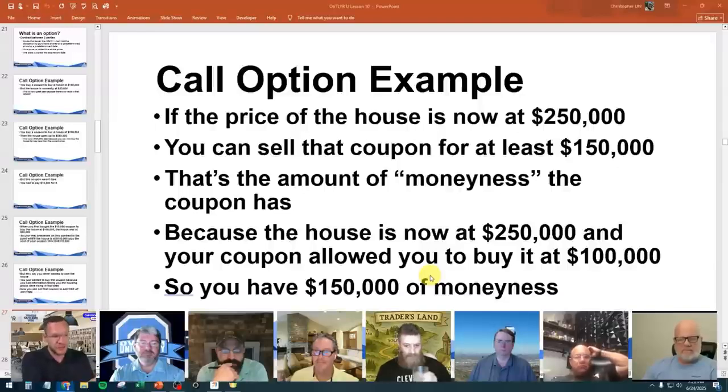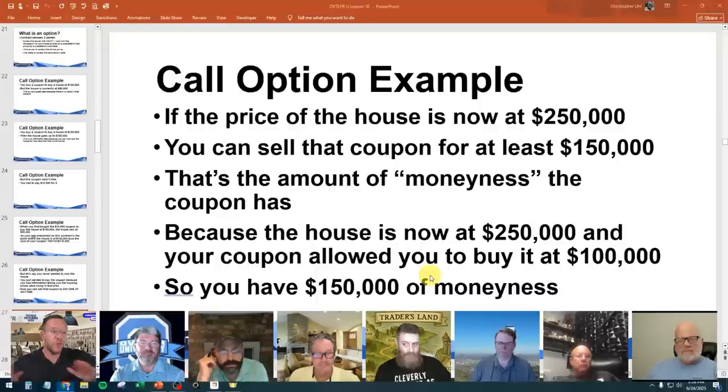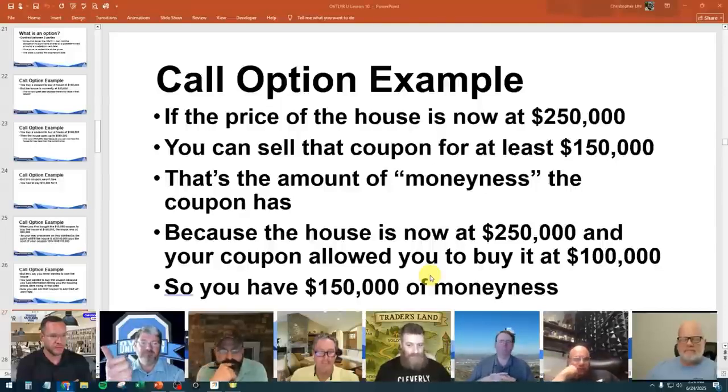Okay, the house was currently trading at $80,000. It went up. Brad decided he wanted to own that house once it reached $100,000. Now it's gone from $100,000 to $250,000. So Brad's coupon has $150,000 of moneyness. Right, so there's no way, not any chance whatsoever, that Brad should take less than $150,000 on that contract, on that coupon. Is everybody following? Yep. Right, because the market value just increased all that much.